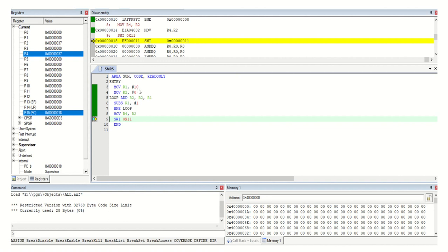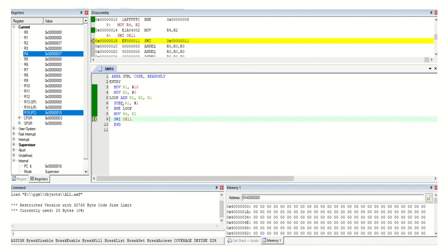Here we use another method. R1 we have 10, R2 we have 0. ADD R2, R2, R1. R2 we have 0, R1 we have 10, 10 plus 0, answer 10 is there in R2. SUBS R1, R1, 1.